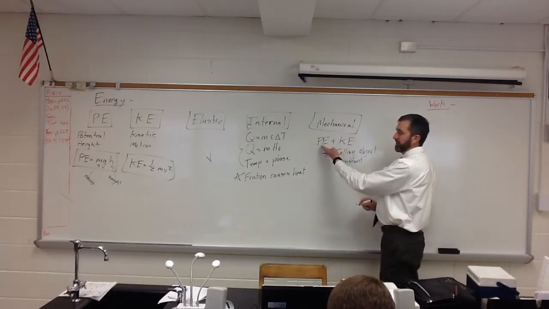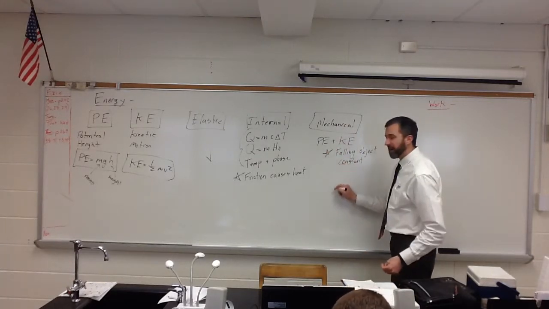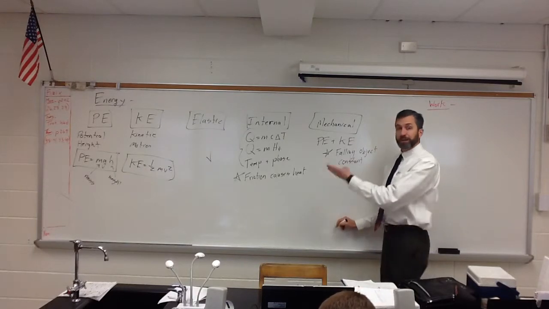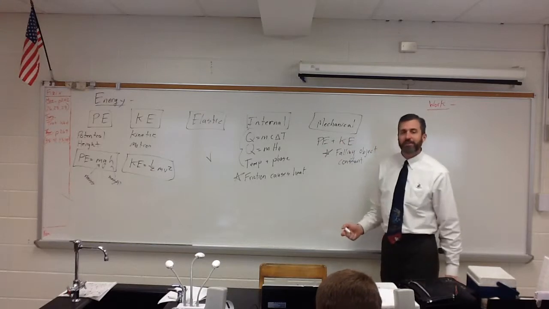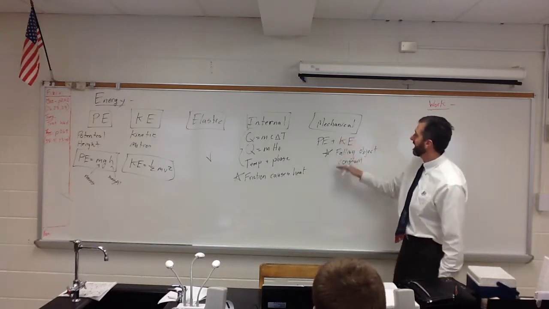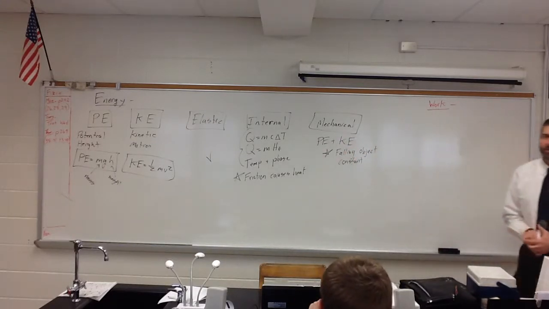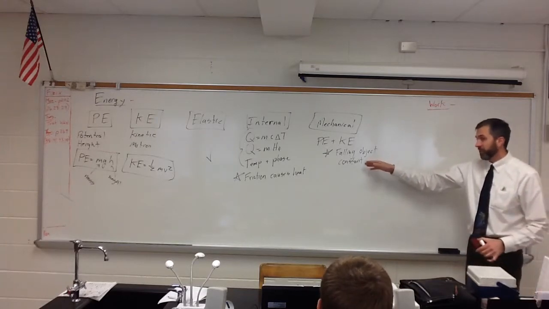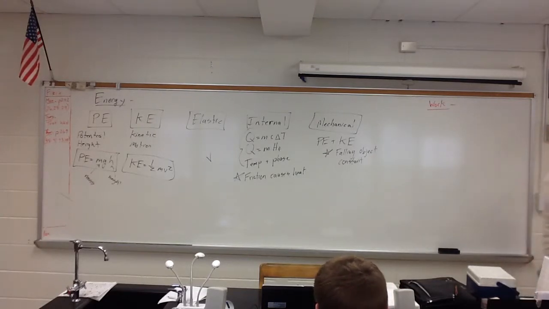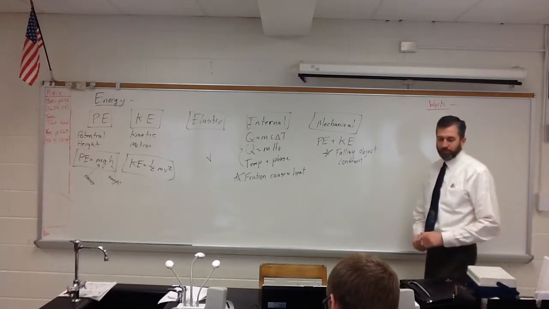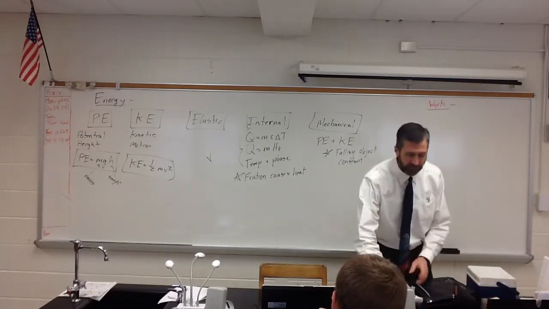Because as the potential gets less, as you're dropping down and the potential gets smaller, you're picking up speed, so this one's getting more, but when you add them together, you keep getting the same number. So this is a constant when something's falling, which is usually what they're referring to when you're doing a Regents question. So I've kind of given you an overview of energy, and hopefully it's not too terribly confusing, but really